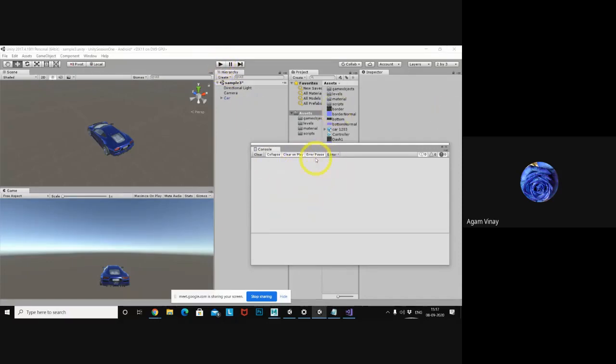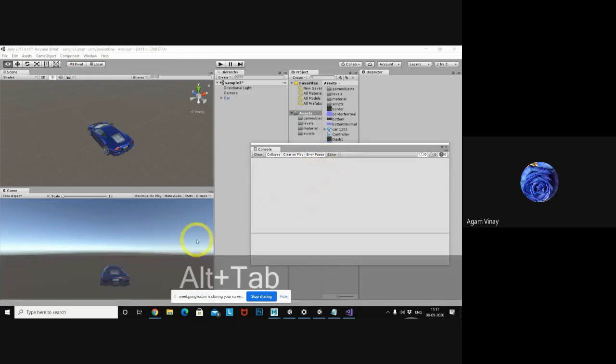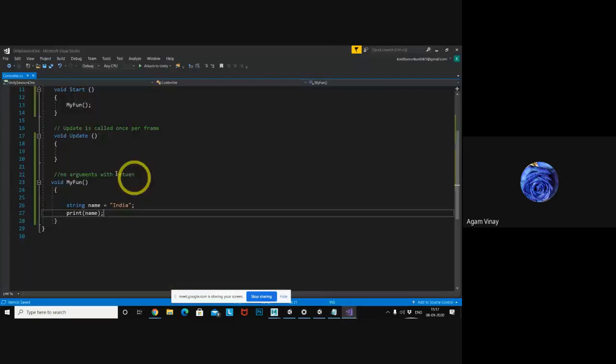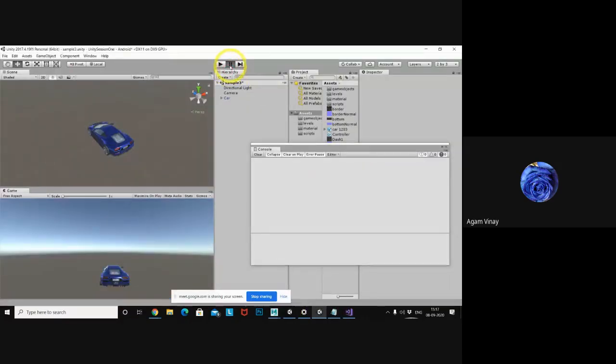Error pause means at any time during execution or running the project, if any error is there, it will automatically pause by Unity. Okay, these are the enables. If you want to work with them, you enable everything and you can work with it. So whenever an error comes, it will automatically pause so that you can check your error and work on it.